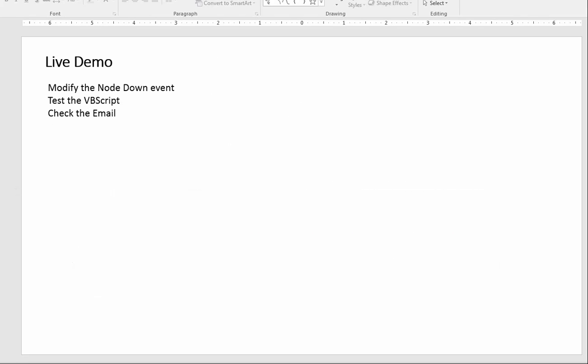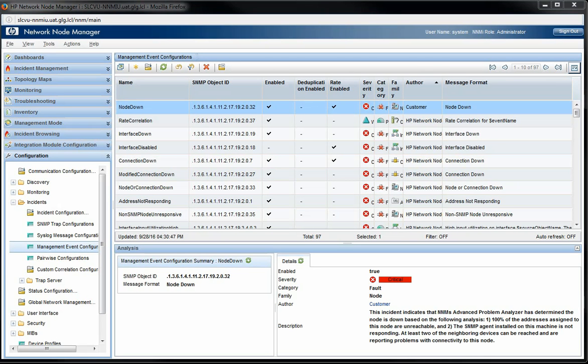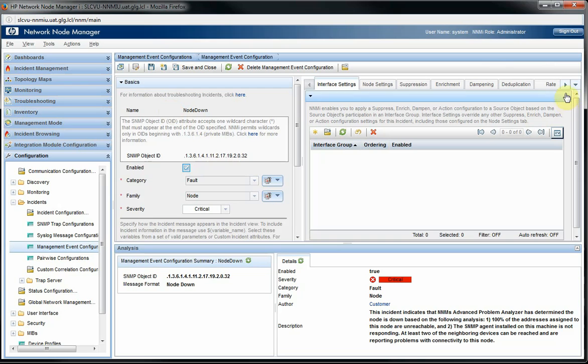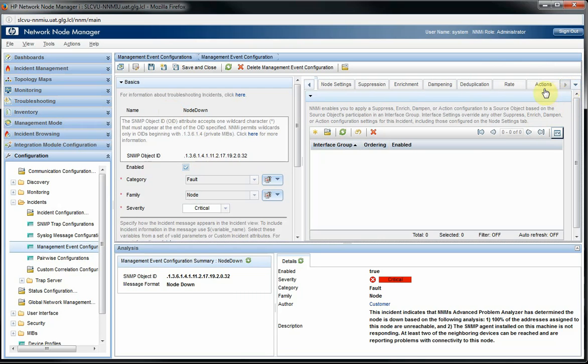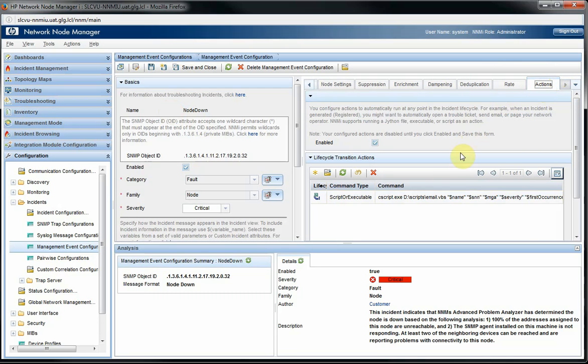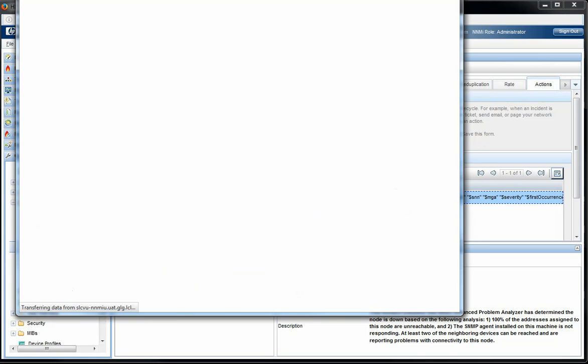So we'll jump into the live demo here. We're going to modify the node down event, and then we'll take a look at the script and how we adjust that so we get our email the way that we want it to be. So there's my NNM console. We'll go ahead and open up the node down event. We'll just double click on this, and we go over to the Actions tab. So you can see here I already have my automatic action set up,